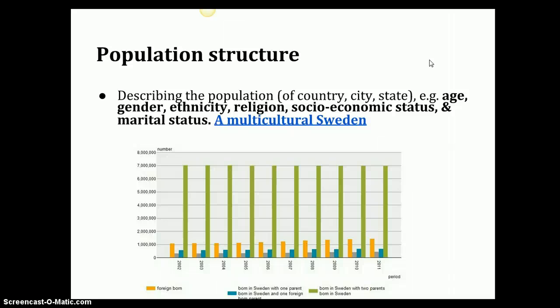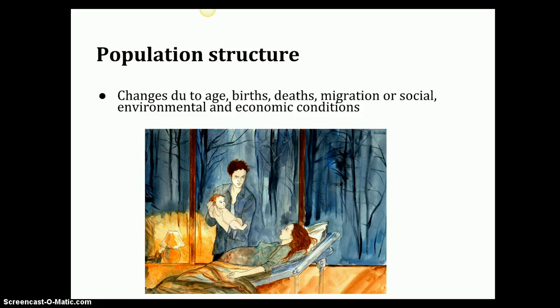I've shown you a bar graph here of the foreign-born population in Sweden. So a multicultural society, that's one way of describing the population structure of Sweden. We are not going to focus on that now. We're going to focus on age and gender. But there are different ways of dividing a population, of course, and here's one. If you look at population structure, it changes due to age, births, deaths, migration, social environment, and economic conditions. These are all things that